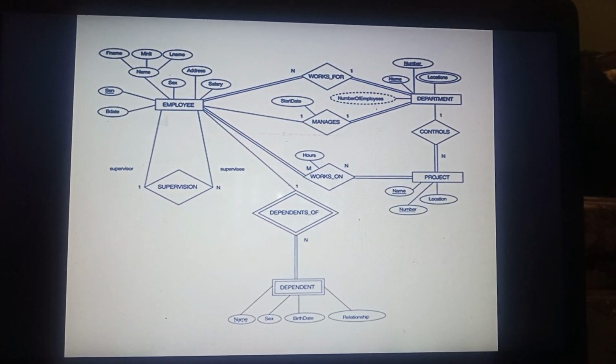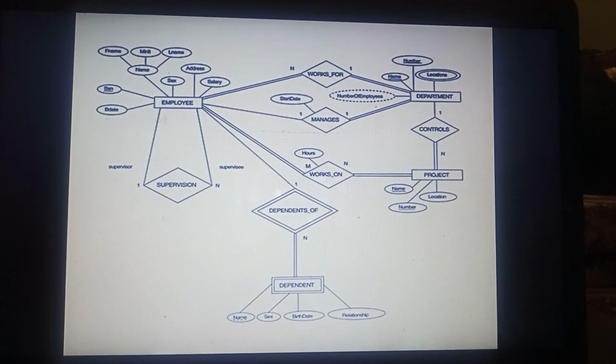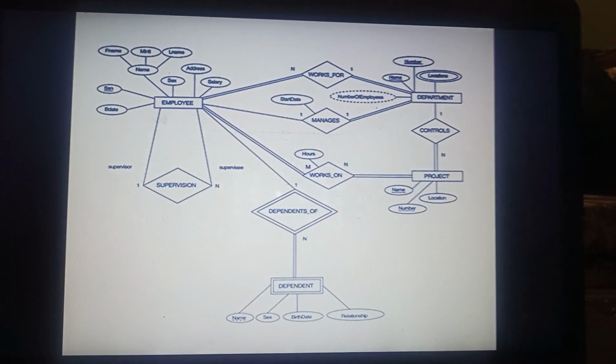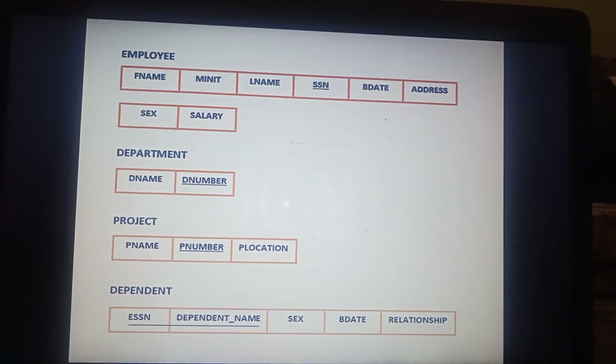So we will make another table of dependent entity like this, as you can see.